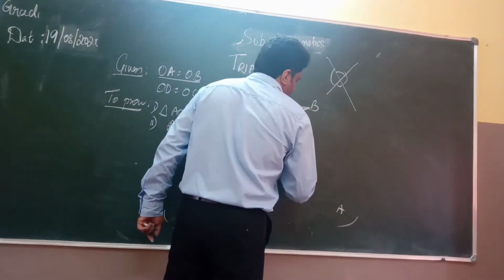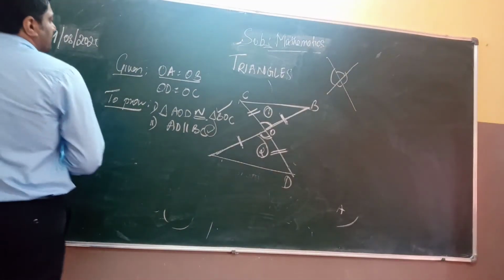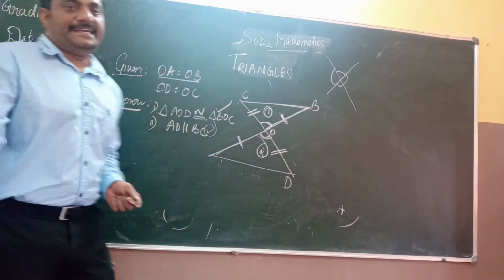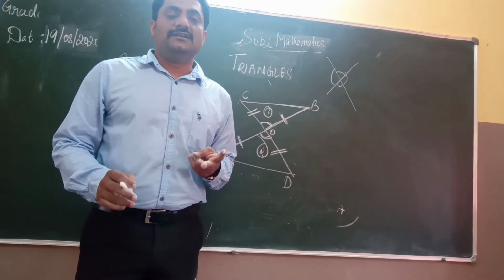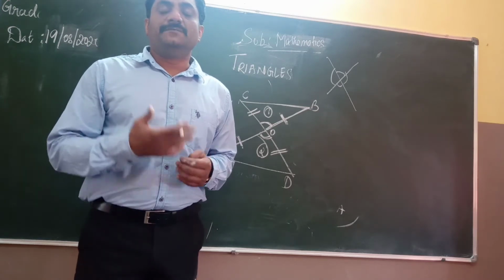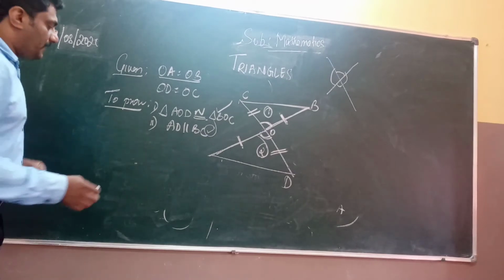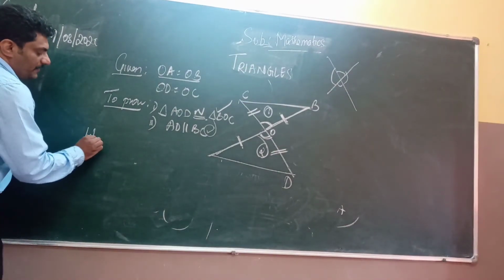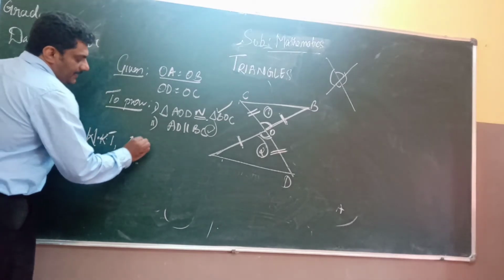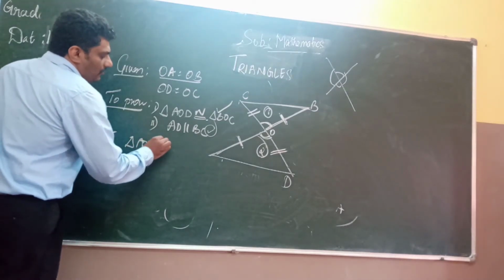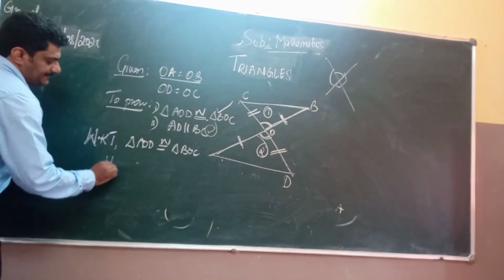Always remember, even when I was explaining the criteria, I was telling you that the moment you prove two triangles are congruent, the corresponding parts will always be equal. Now in this case, which are the corresponding parts? We know that triangle AOD is congruent to triangle BOC. Hence,